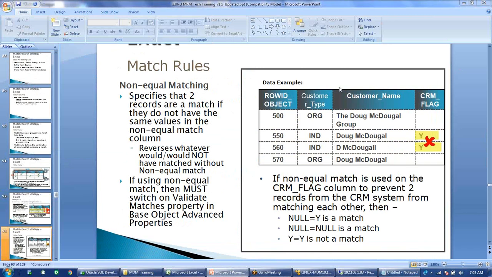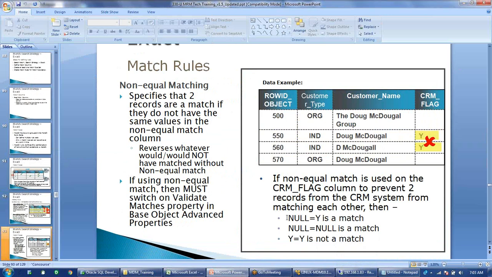Similarly, the next option that is provided for the exact columns is non-equal matching. So non-equal matching is, for example, here for the CRM flag, we have given non-equal matching. Non-equal matching in the sense that if the values are similar enough, it should not get matched. So for example, here we consider customer name as my fuzzy column and CRM flag as an exact column. So all the customer names are matching, and now based on the CRM flag, it has to match the data.